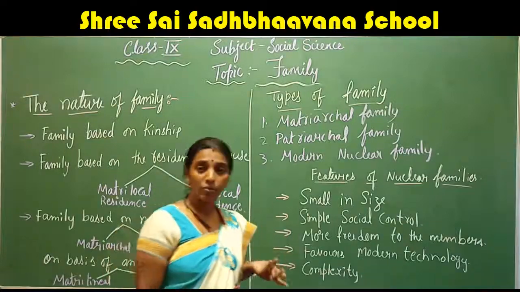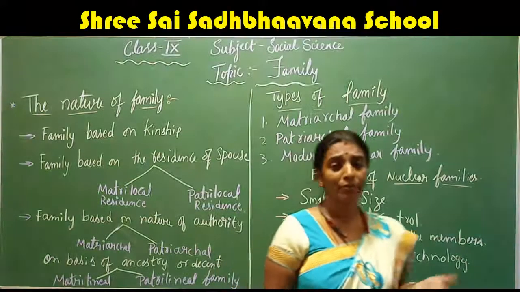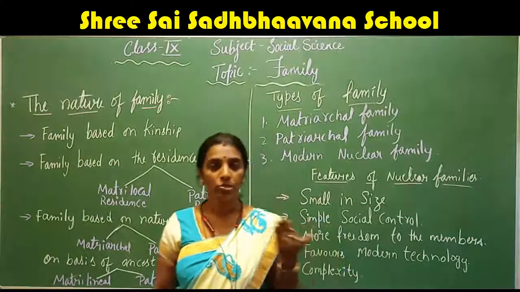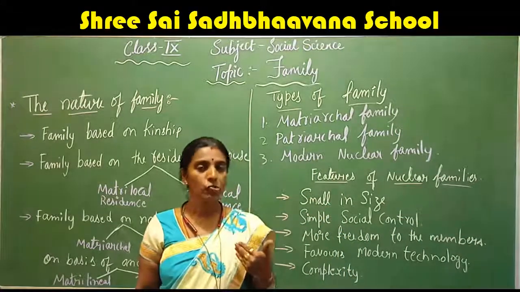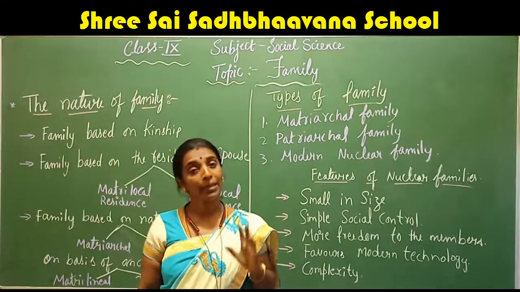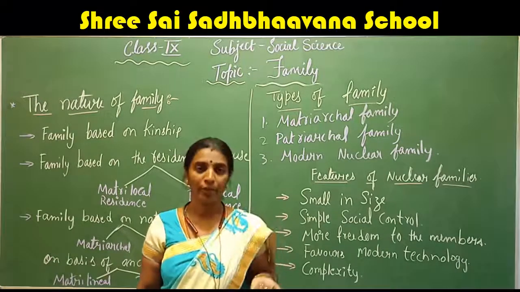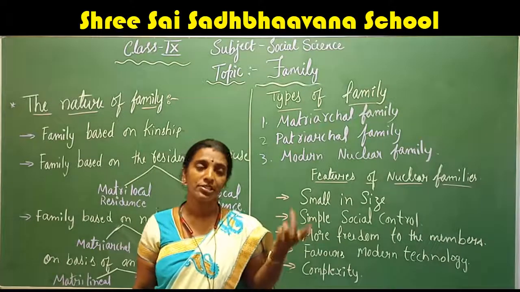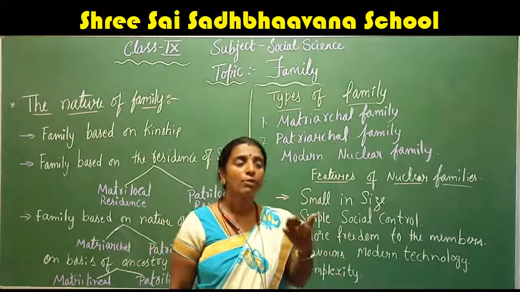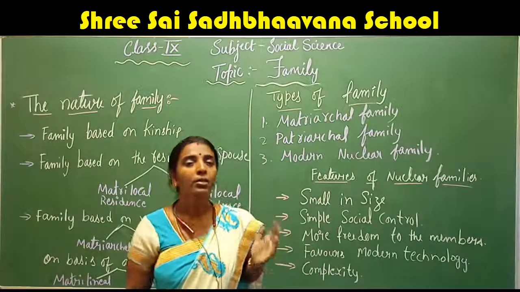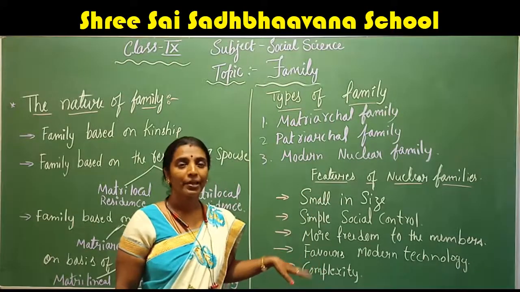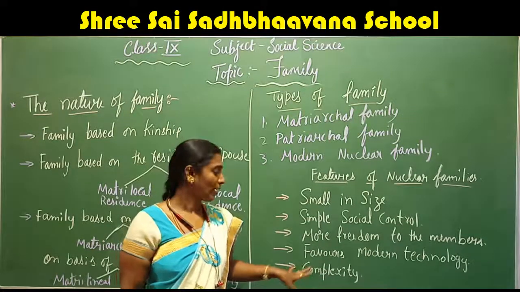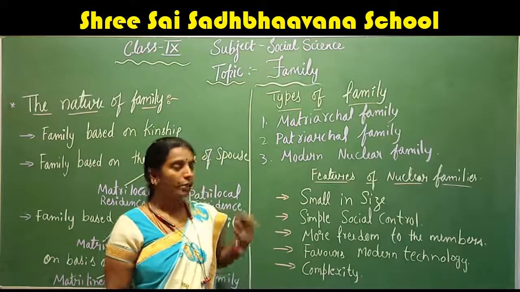But when it comes to emotions and economics, when you go to a joint family, it will be divided among everyone, even happiness, the sorrows, the tough situations and economic positions. But here only the parents will be there to face the problems, so it is a little bit complicated. It is complexity, the nuclear family.